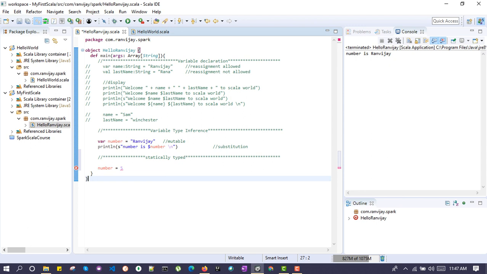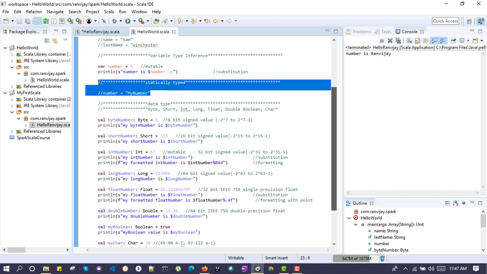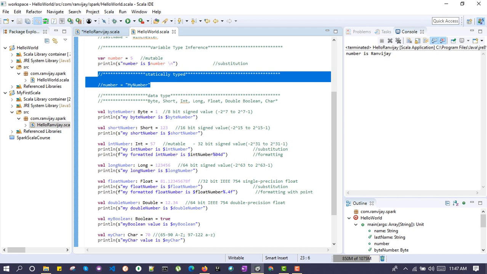So this is called statically typed, which means once you have defined the type of variable, you will not be able to reassign another type of data to that variable. So that's all inside statically typed. After this, we have data type. In Scala, it provides data types of byte, short, int, long, float, double, boolean, and character.